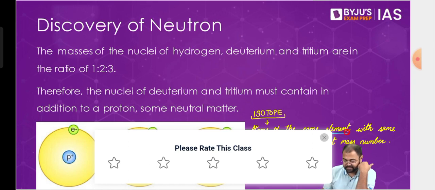Just understand this: when we define the atomic number, we always define it as the number of protons. And how do we define mass number? As many of you have already written, mass number is the number of protons plus neutrons inside the nucleus of an atom. So isotopes have the same atomic number but different mass numbers.